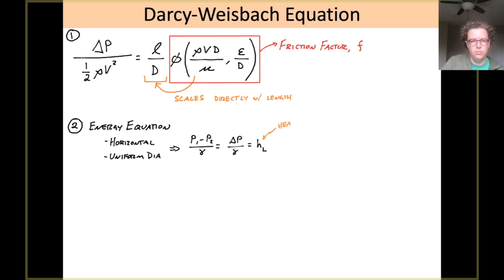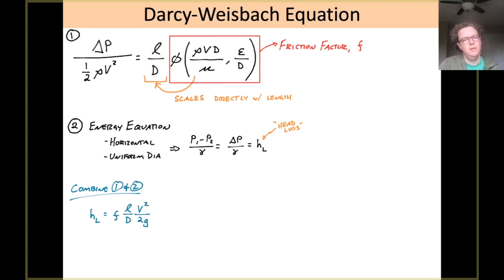And so what we can do is we can combine those two equations and describe head loss as equivalent to the friction factor f times the length over diameter of pipe times V squared over 2g. So that is what's called the Darcy-Weisbach equation, and that is how we get these turbulent losses for pipe flow